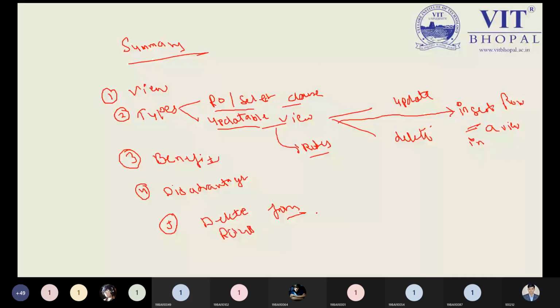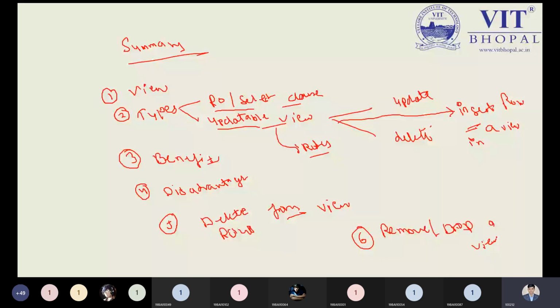And the sixth point is, if you want to remove or drop a view, then it is also possible by using the simple syntax, drop view and the view name. So this is the summary of today's class.